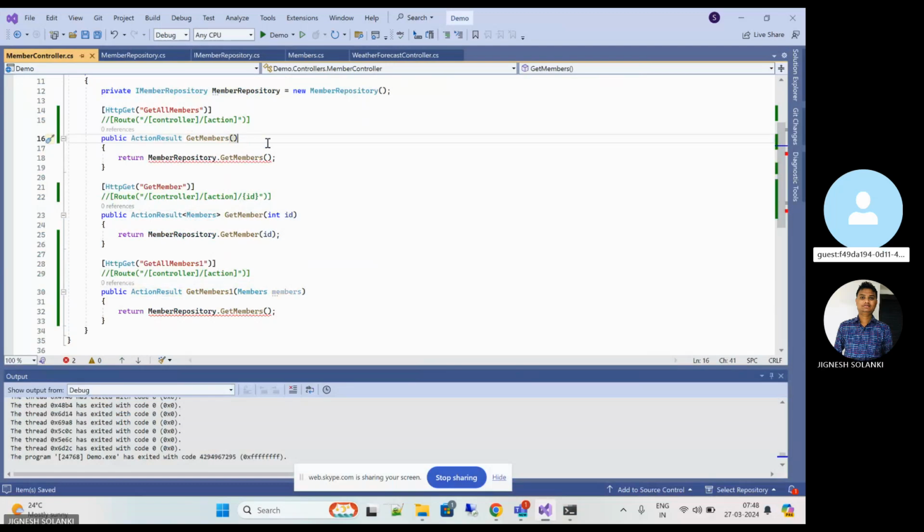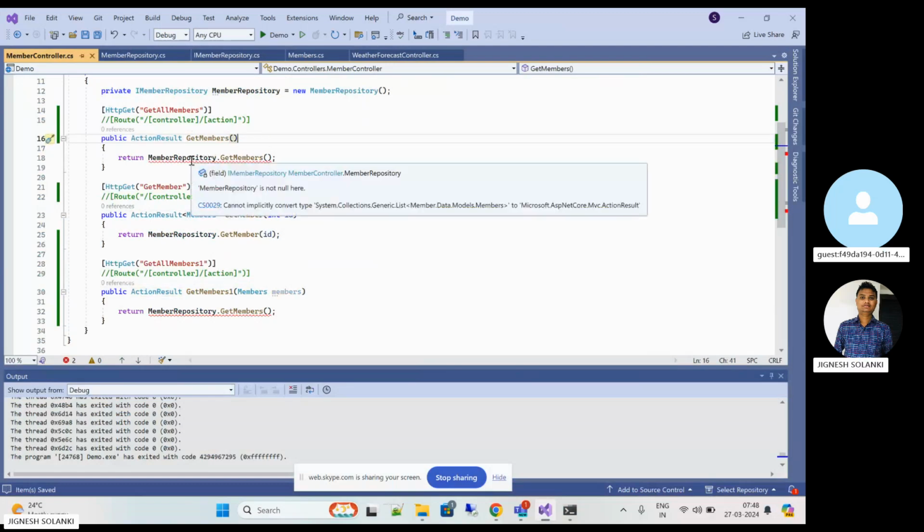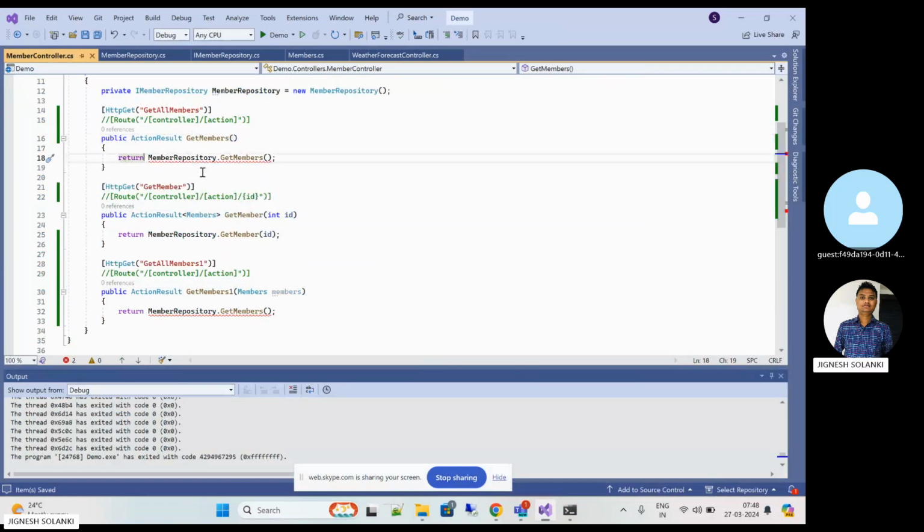We should not return directly. That is the issue. Okay, I'll tell you what the issue is. We can write it this way. First I'll tell you: you should get the result into a list or something separately and then return the result. Now, as you are directly returning, it is expecting the return type itself